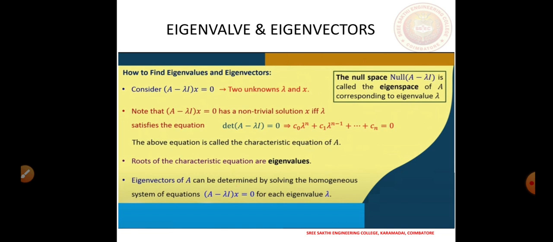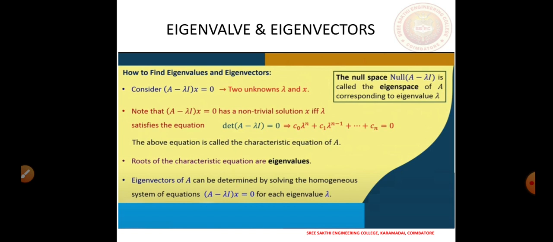This is very important: for each value of lambda we need to solve the system of equations. If we have 3 distinct lambdas, then for each lambda, 3 times in total, we have to solve the system of equations. They will be different systems because we have a different lambda, so the matrix is going to be different and we will get different eigenvectors.